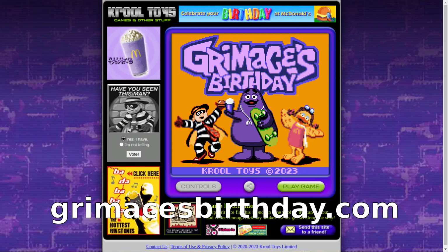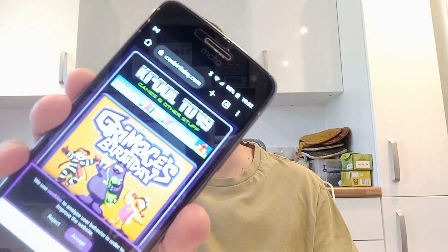So, like I say, it's a Game Boy Color game. It's released in 2023, and it's free, and it's from McDonald's, and it's called Grimace's Birthday, and it's a platform skating type game. All you need to do is go to grimacesbirthday.com, and you can do it on a laptop or a phone or whatever. If you do it on a phone, it's quite interesting. So just go to Grimace's Birthday, and you're faced with this sort of screen,